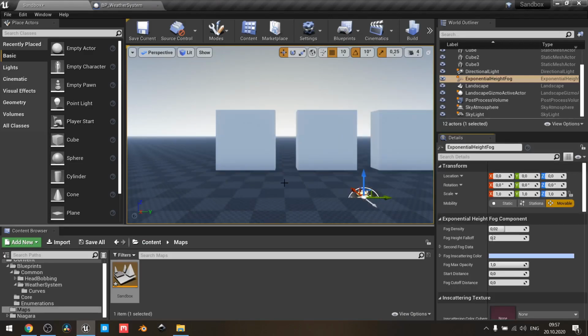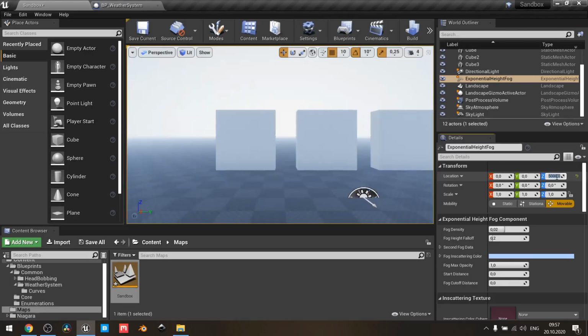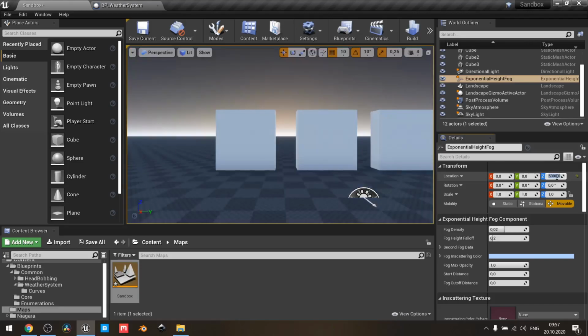Let's start with height of our fog. Changing z-axis to higher values, for example 15,000, leads to one look where our scene is covered with fog from sky to ground, and setting this value, for example, to negative 15,000 leads to another look where we actually don't see any fog at all. It's with the basic values in all parameters. Play with this value due to needs of your level